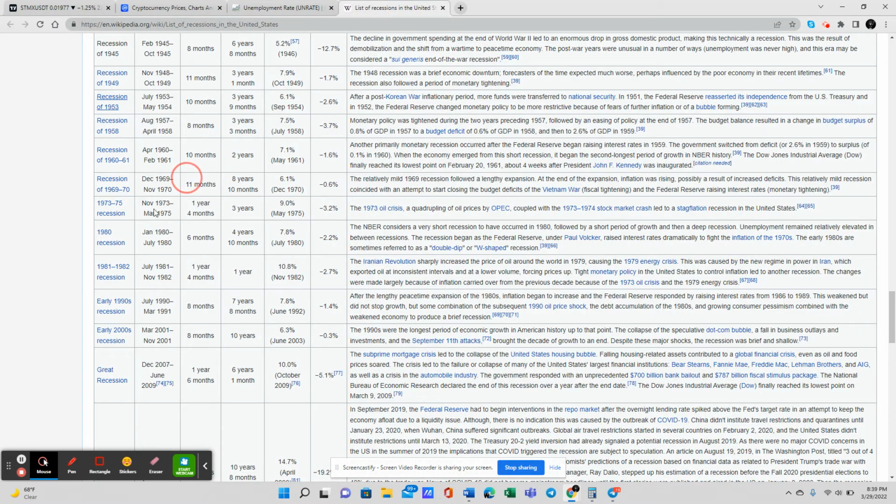But let's see how long the recession lasted in the 80s. Look at this, guys. It was 6 months. We were in a 6 month recession. And then it was 4 years and 10 months later that we hit another recession. So you see these gaps. A lot of them are not that large. This was the largest one, and from the 60s all the way to here, we had that.